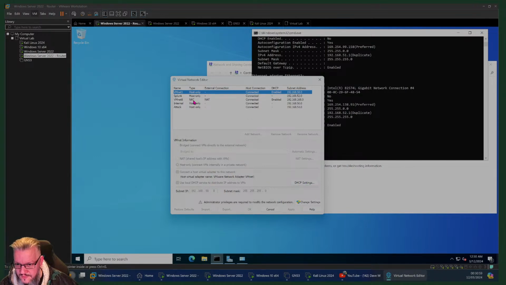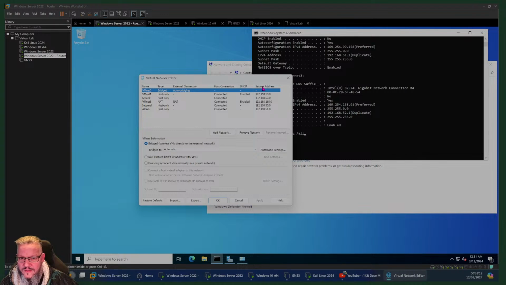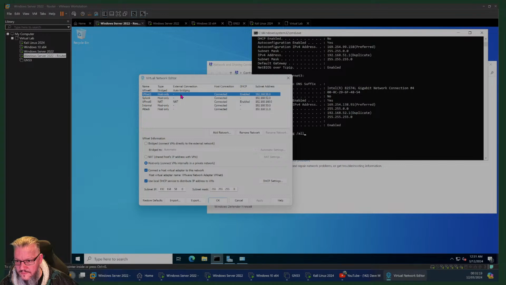So let's just go into here and change these settings and stick these networks on something completely random, because I've got a funny feeling that .1 has allocated itself here. So VMware 1 we don't need, we need this one,